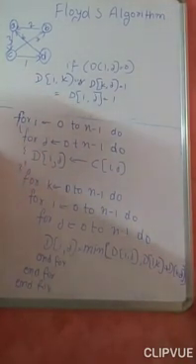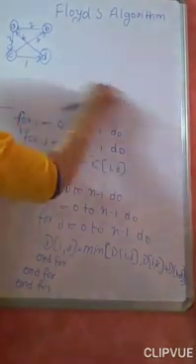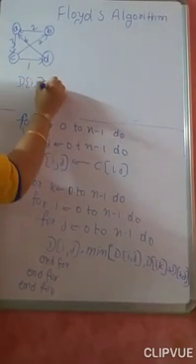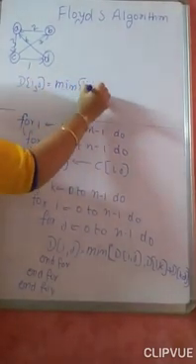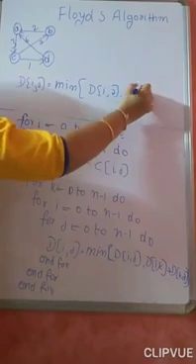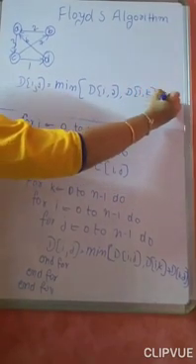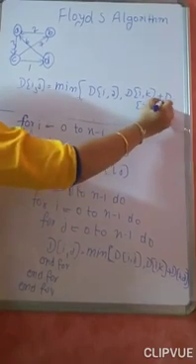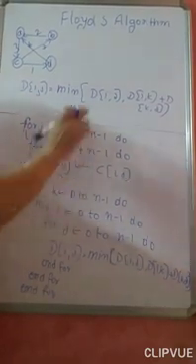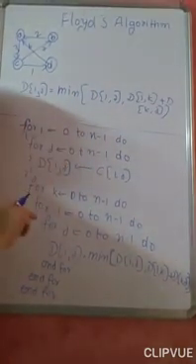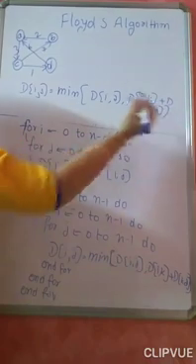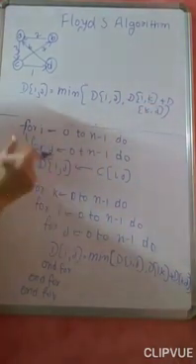And what we are doing here in Floyd's algorithm is checking that d of ij is equal to the min of: if the previous distance d of ij is minimum, I am taking that, or through some other vertex, d of i to k plus d of k to j. If that is minimum, I am considering that one. That's it. That is the difference. So in Floyd's algorithm, if the previous distance is the smaller one, we are considering that one. Otherwise, through some vertex k, if the distance is minimum, then we are considering that one.